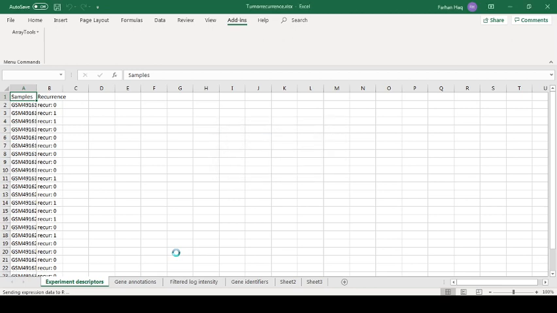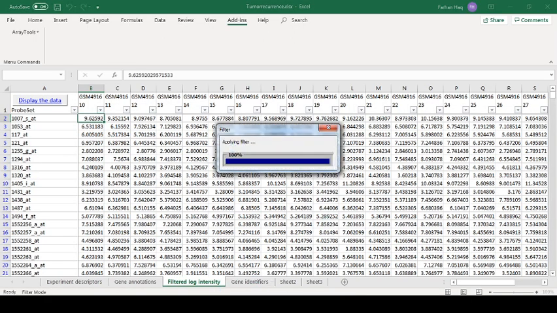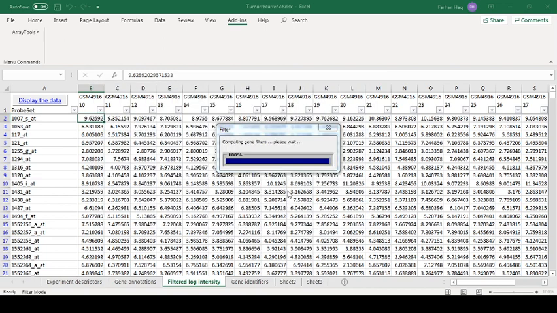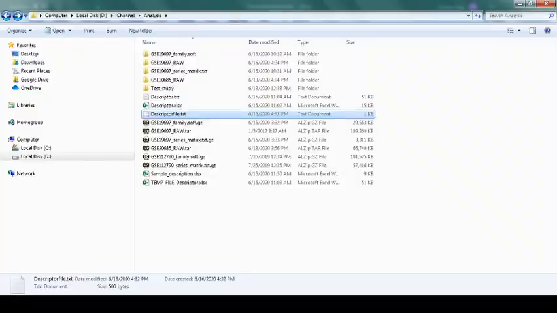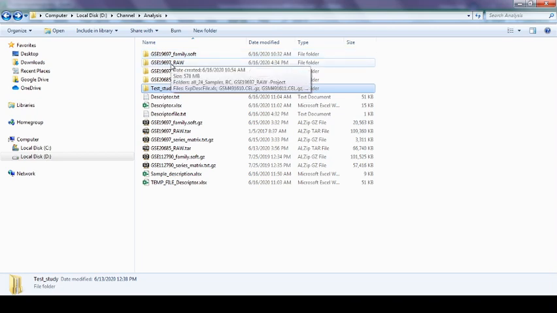Everything which we are performing here will be saved in the project folder we made in the beginning, right? So that is what you should keep in mind. Now it's performing the analysis, computing gene filters. Please wait. Okay, we are waiting. So here, where we saved the